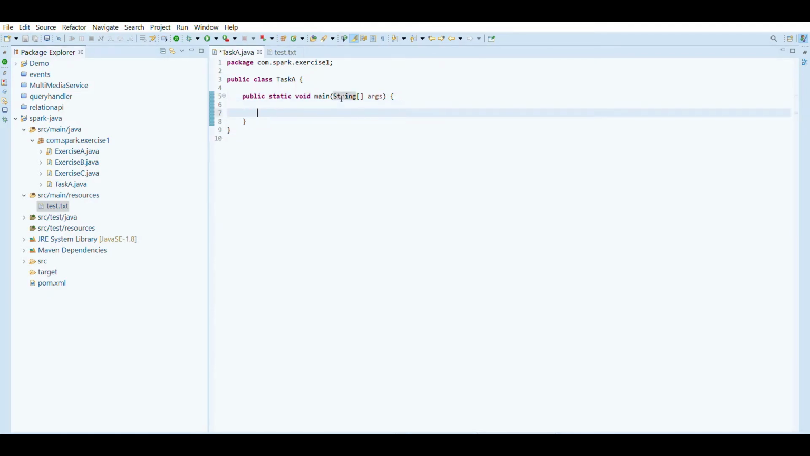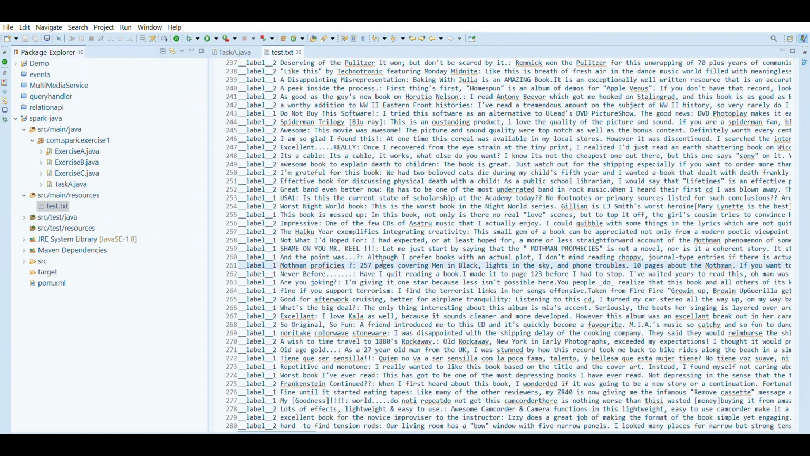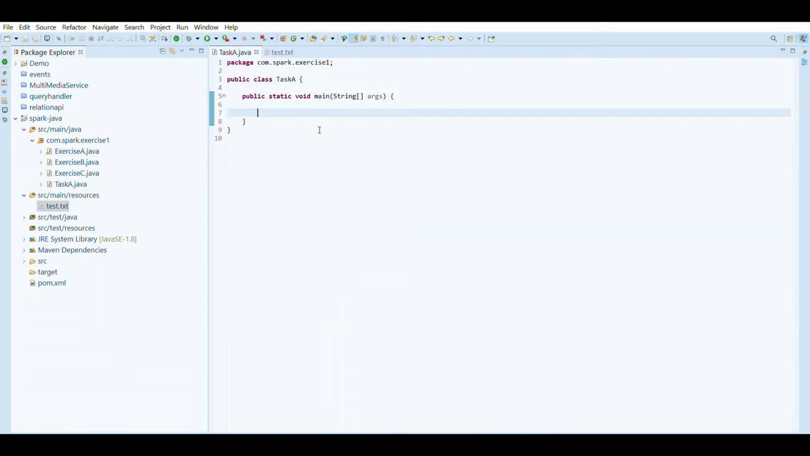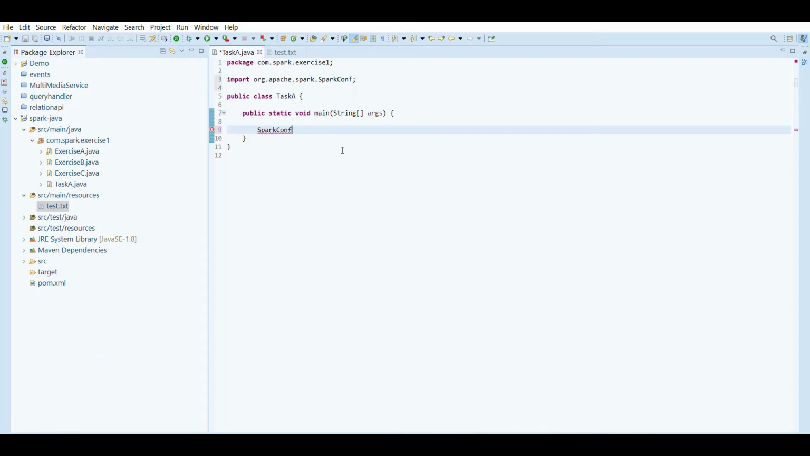So we will be using the RDDs. Basically, we are not using Spark SQL right now. And my first target is to know how many words this file contains. So let's start coding. First we need to, as usual, create the config,